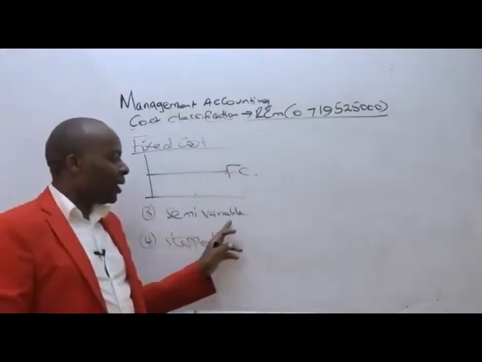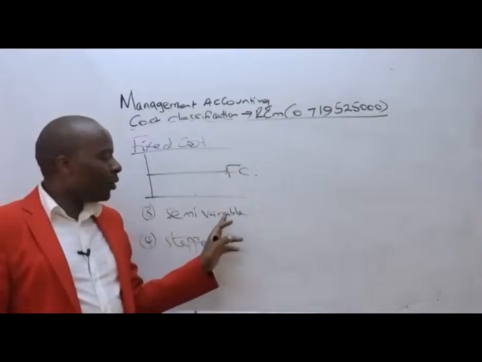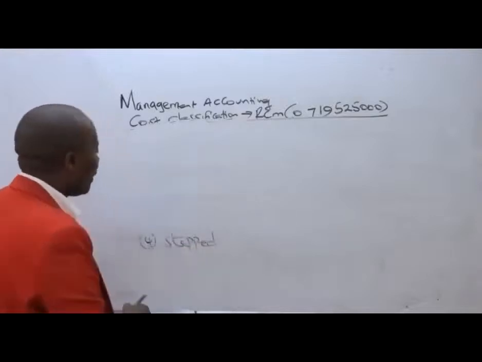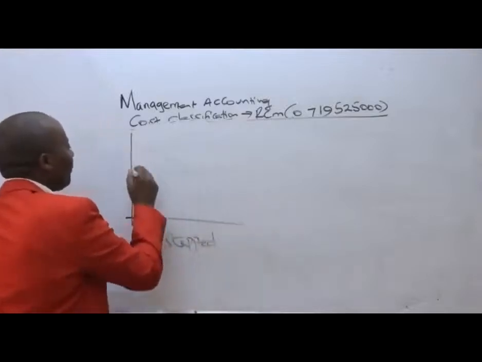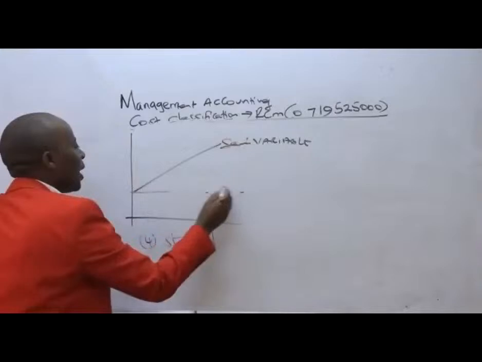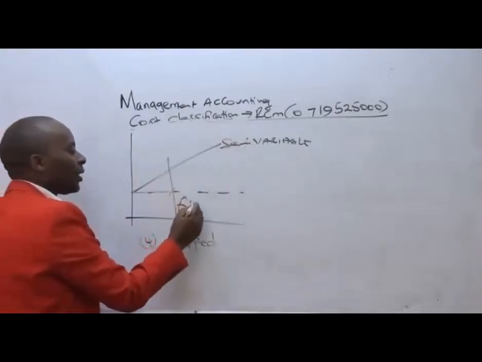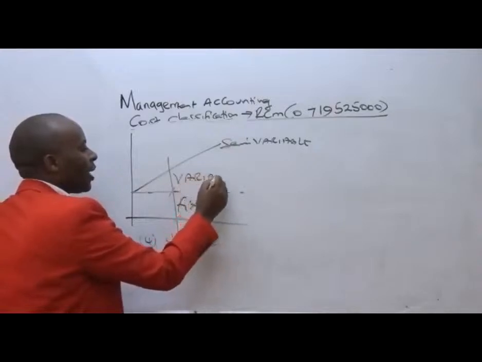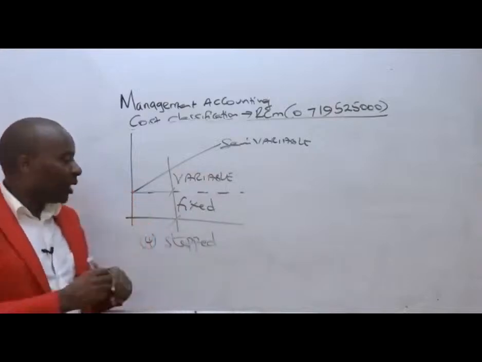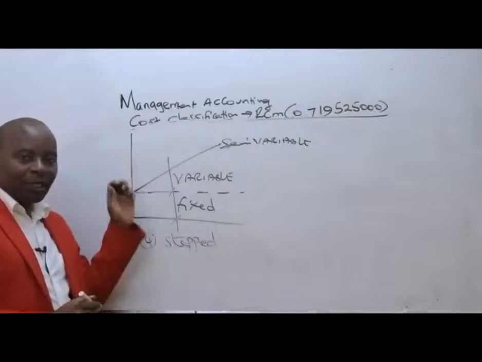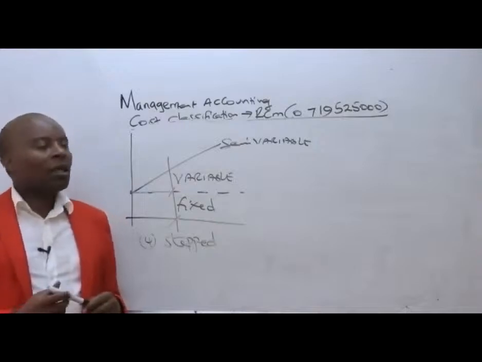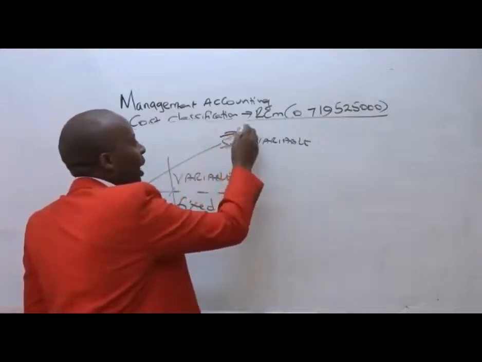Now from there we have the semi-variable cost. Semi-variable cost, as the name suggests, ladies and gentlemen, this is how it will behave. Semi-variable costs are those costs that are partly fixed and partly variable. So you can see it is not beginning from zero here. It's beginning from a point up there. Now listen, ladies and gentlemen, listen. If you have, for example, an electricity bill